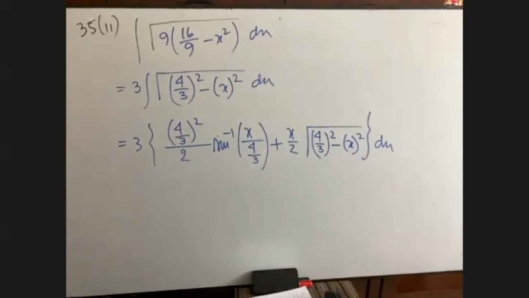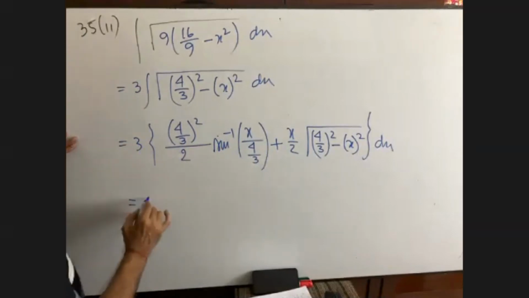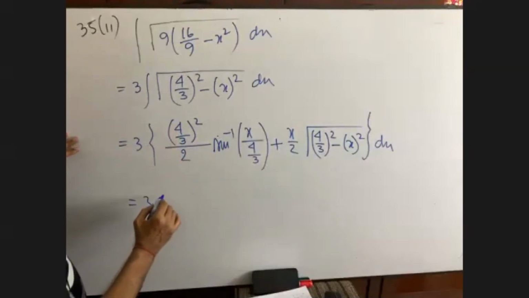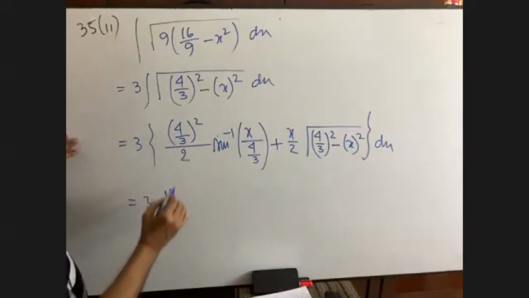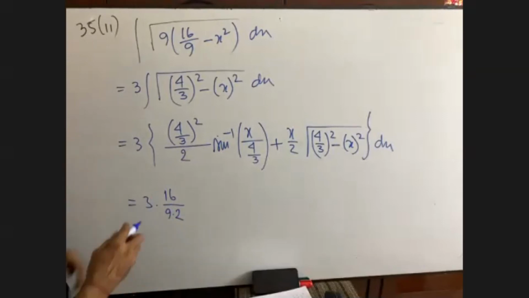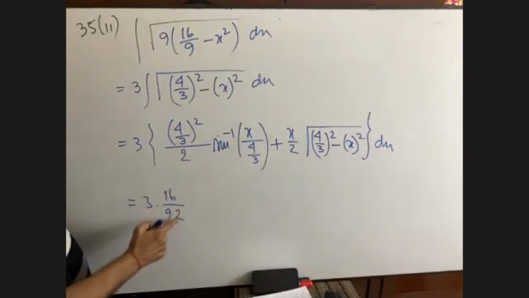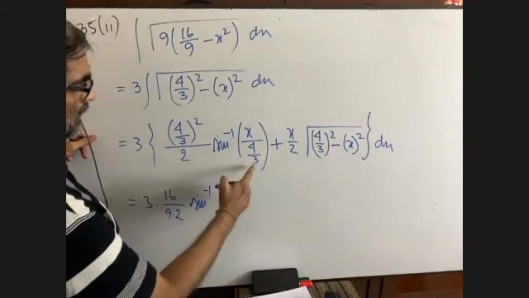Now you have to just do the calculation. I have put it only in the formula. We are going to multiply with this 3. 4 4s are 16. 16 by 3 is 9 into 2. This is 16 by 9, and this is 2. This 2, sine inverse 3x by 4